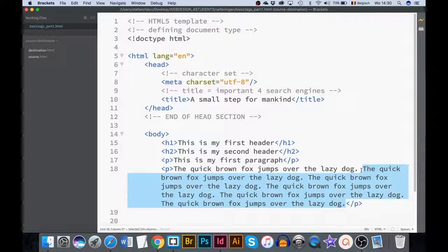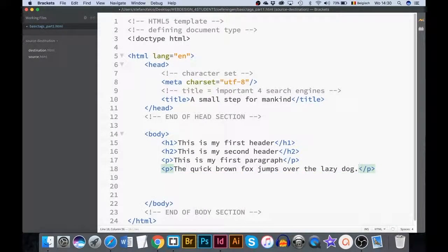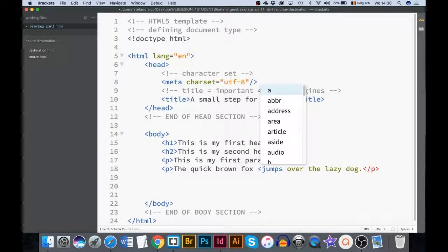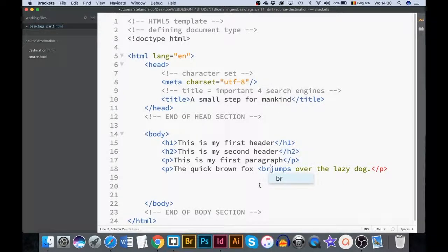Let's delete the text. Suppose I want to force a line break. Maybe I want "jumps over the lazy dog" on a new line. We can use the break tag. If jumps needs to go to another line, place your cursor before jumps, press the less than sign, BR stands for line break,